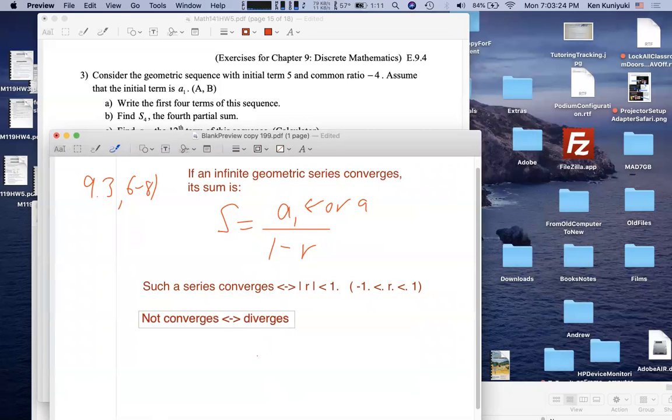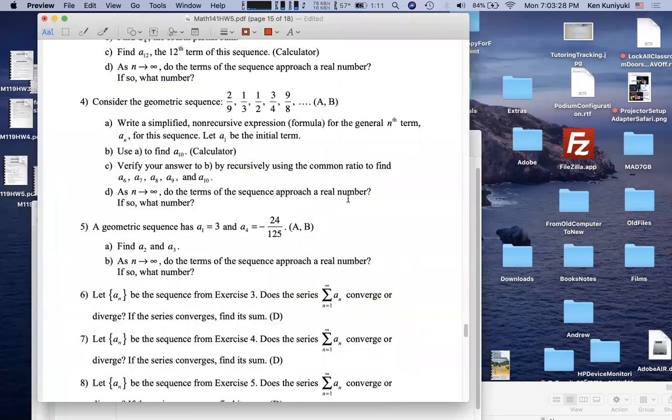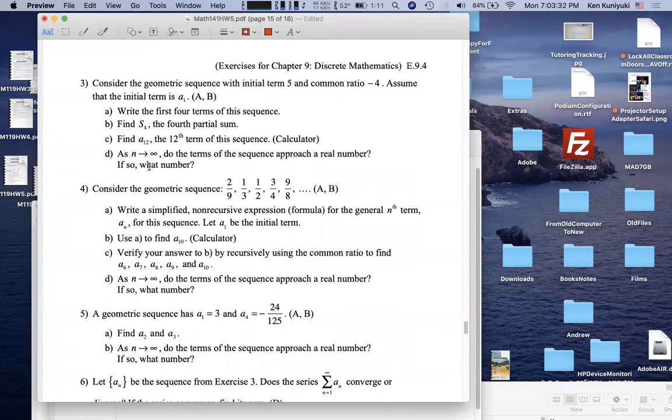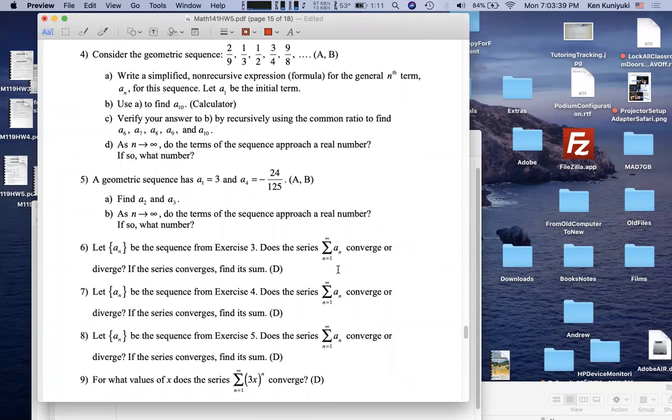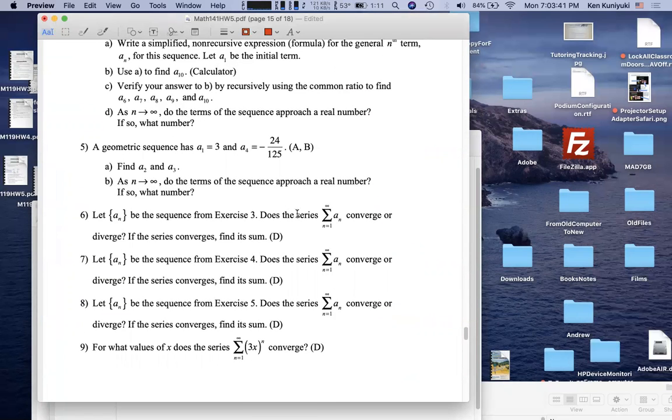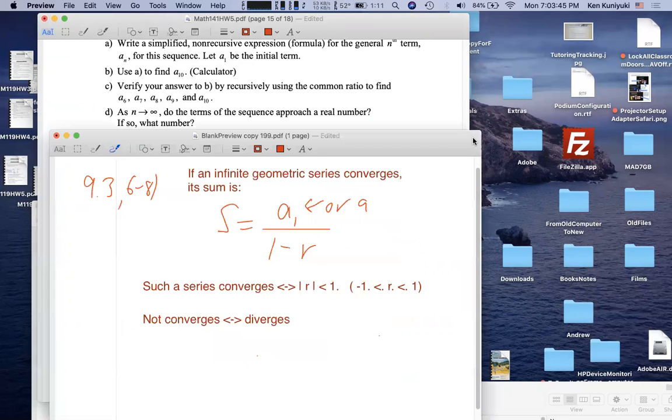Oh, so it's basically like the same questions as 3D, 4D, like as n approaches infinity, do the terms of the sequence approach a real number? Well, no, that's a bit different. D refers to the numbers in the list, right? 6, 7, and 8 deal with the idea of a sum. The series represents an attempt to take a sum, right? So basically, a series